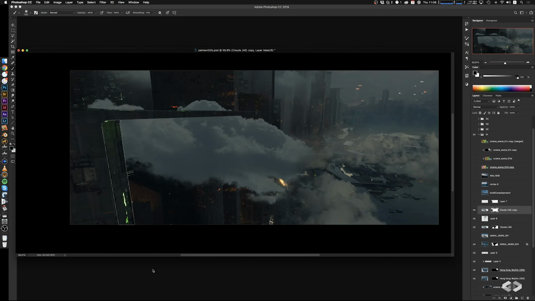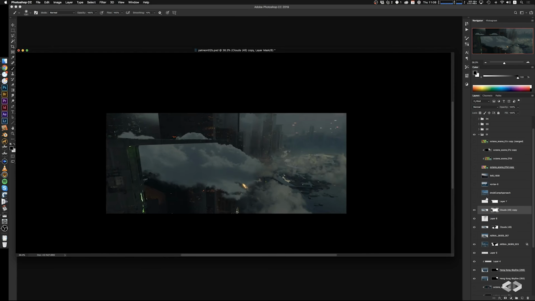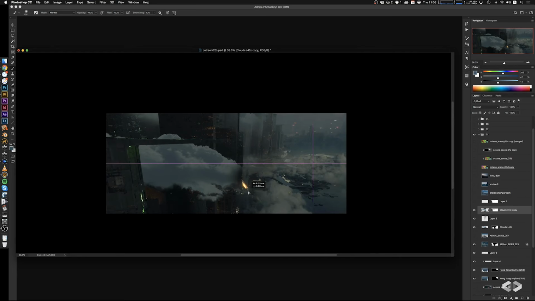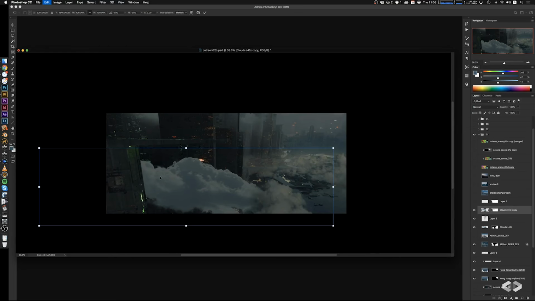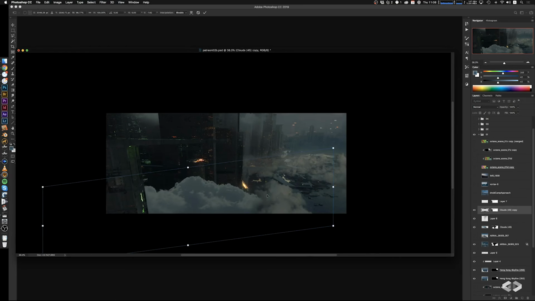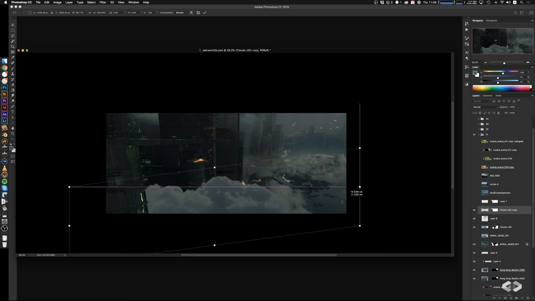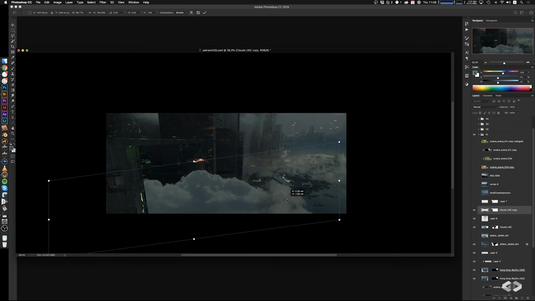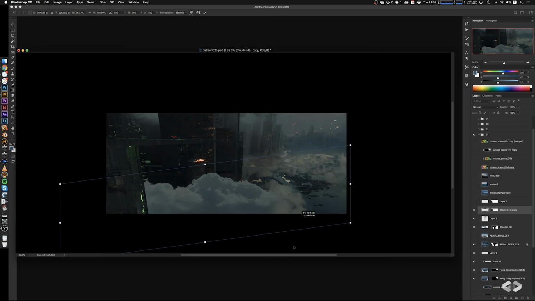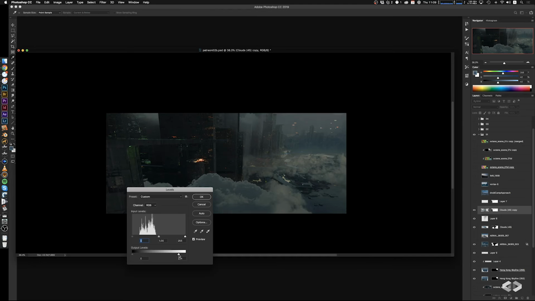I can add that to my mask, and now I have the entire building cut out. Let's see if we can fit this cloud in there. So it's going through the